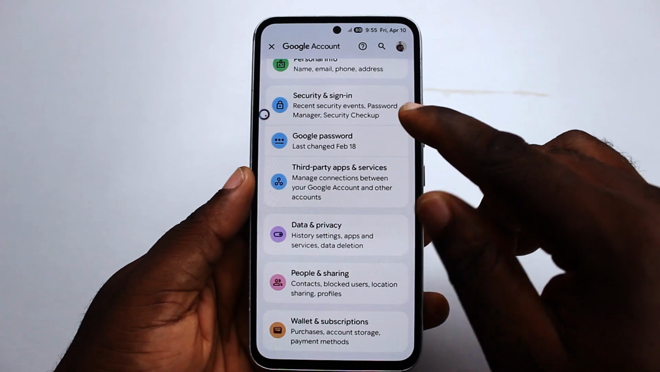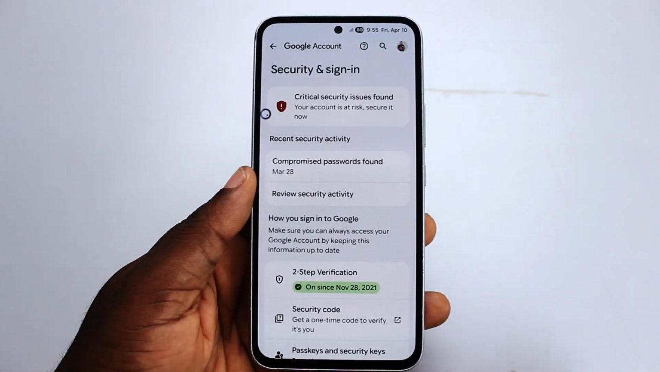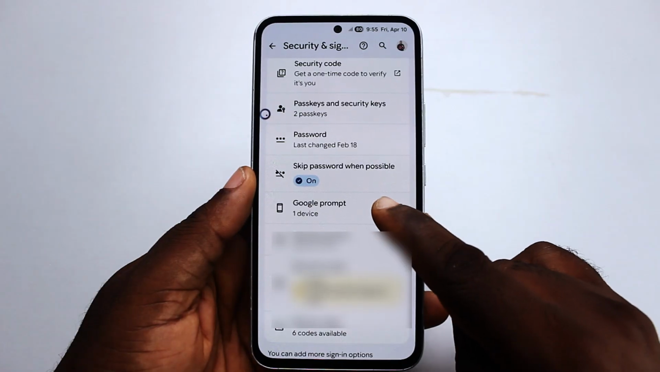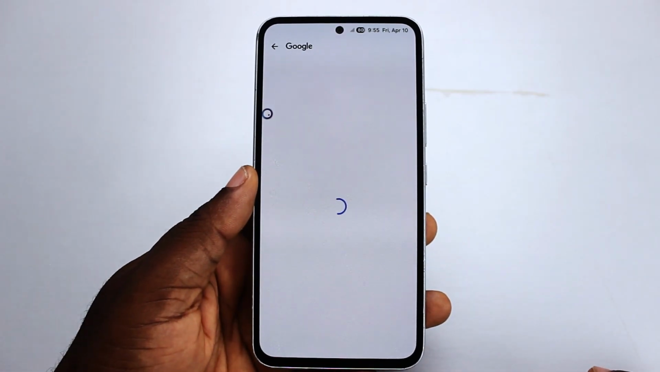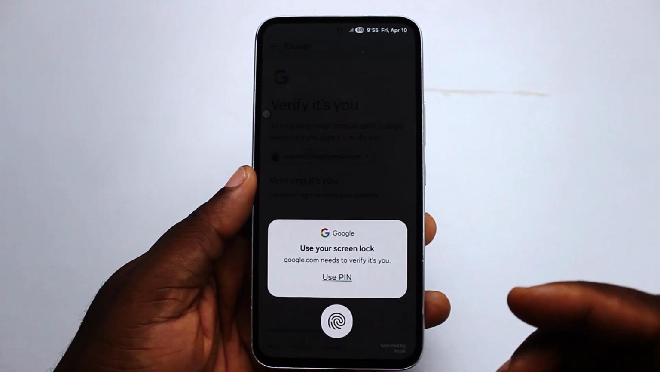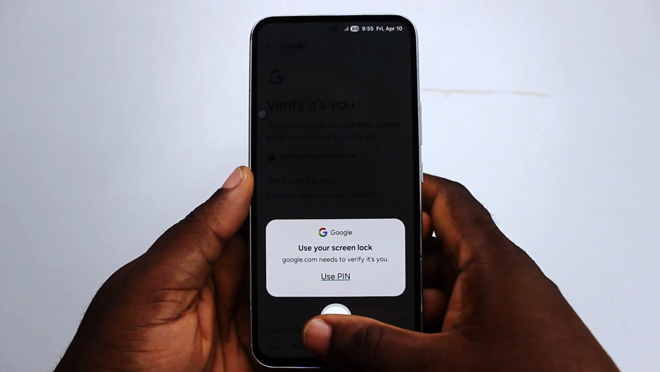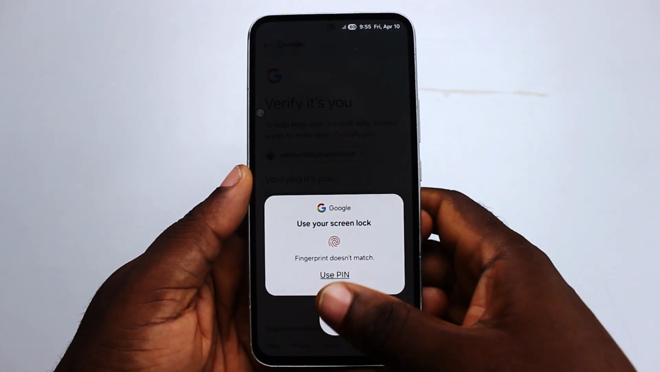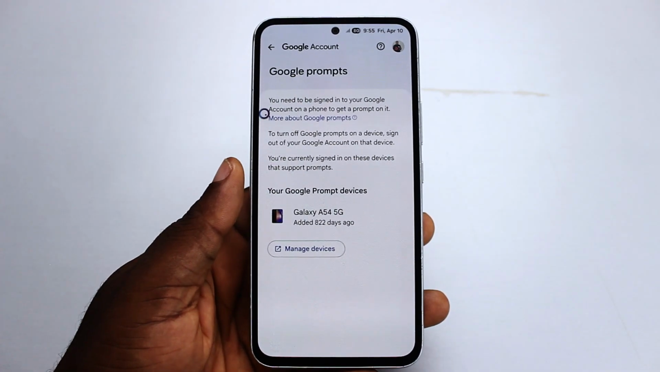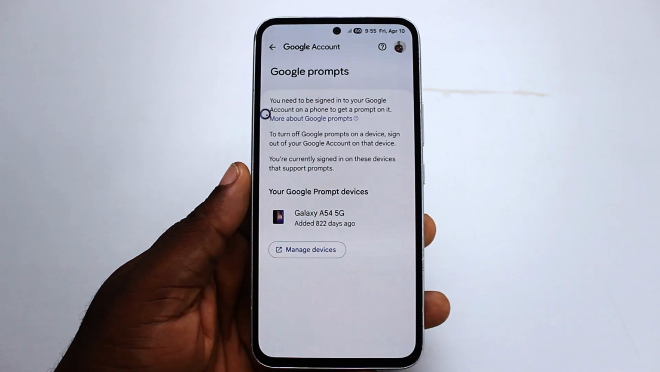Now scroll down and click on Security and Sign In. Scroll down that. Then you should see Google Prompt. Go ahead and click on that. Once you selected Google Prompt, then you'll be prompted to use your screen lock or confirm your Google password or login. Once you can confirm your fingerprint or your PIN, password or pattern or your Google password,